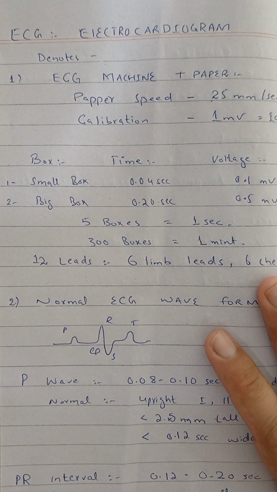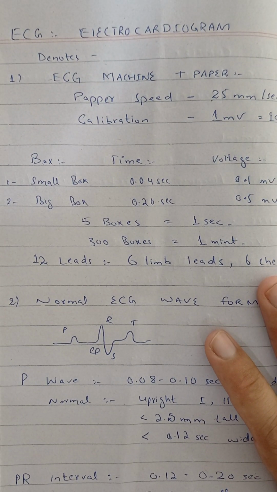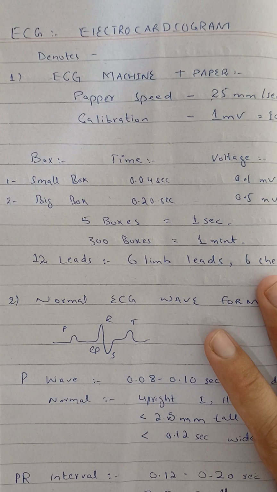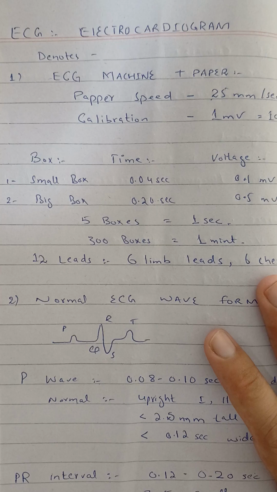ECG full form means electrocardiogram. It denotes the electrical activity of the heart on paper. The first topic we discuss is about the ECG machine and paper. The paper inside the ECG machine